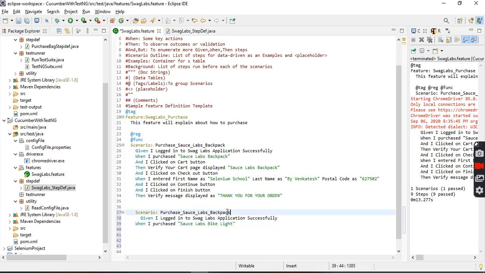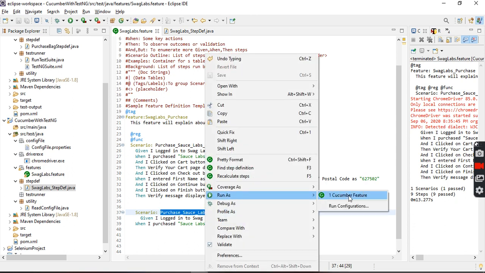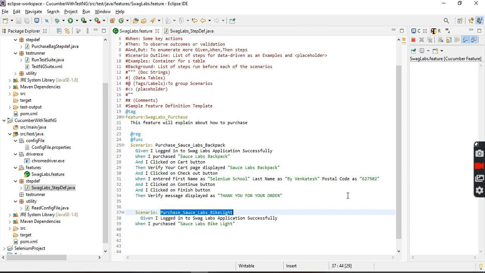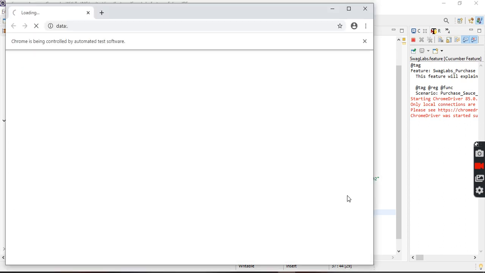SAS Lab bike light. Okay, can we run this particular scenario? Right click, run as Cucumber feature. Now it should click on the bike light.